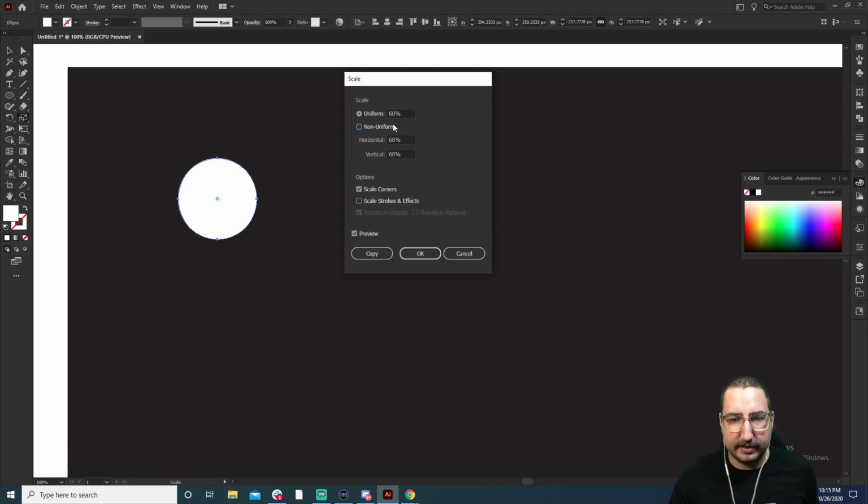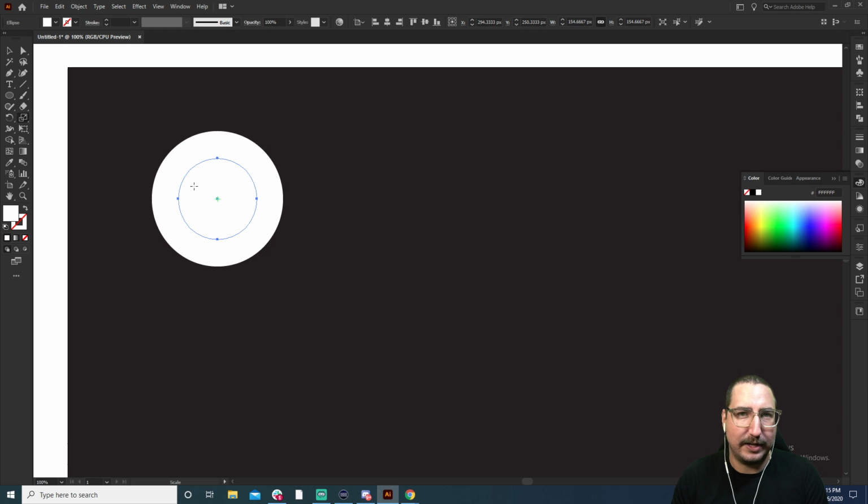Now, if you're ever missing something, you can turn on and off the preview here, and that will show you what you're about to do. Now, instead of scaling that down, we want to make a copy of it at that size. So I'm going to hit Copy. And now it has made a copy of that shape, and this is where I want to start incorporating some